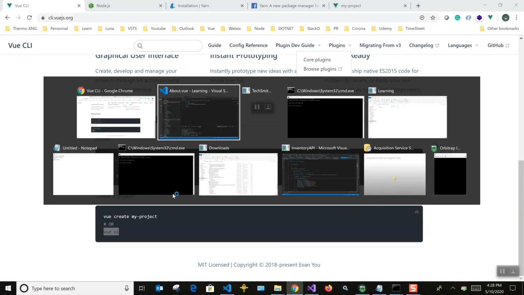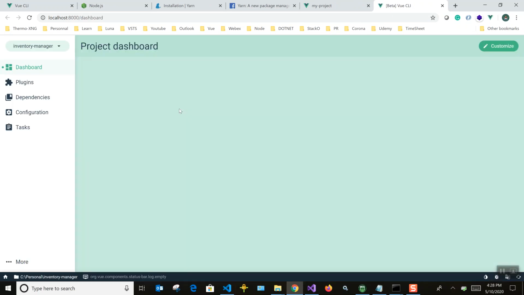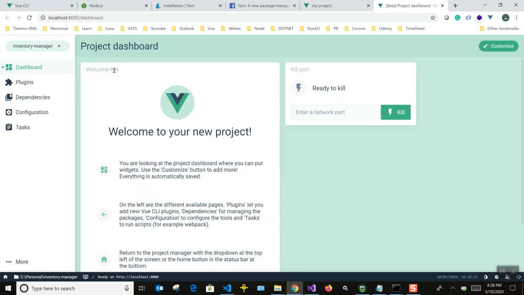Instead of that, if you give vue ui, it will launch a UI, and there you can select the particular dashboard. You can select based on which path you want to specify. Once you are in that path, you can create a new project there using vue ui as well.